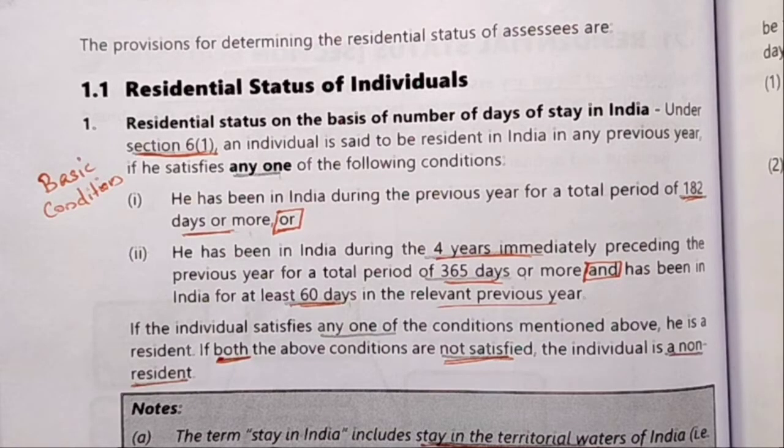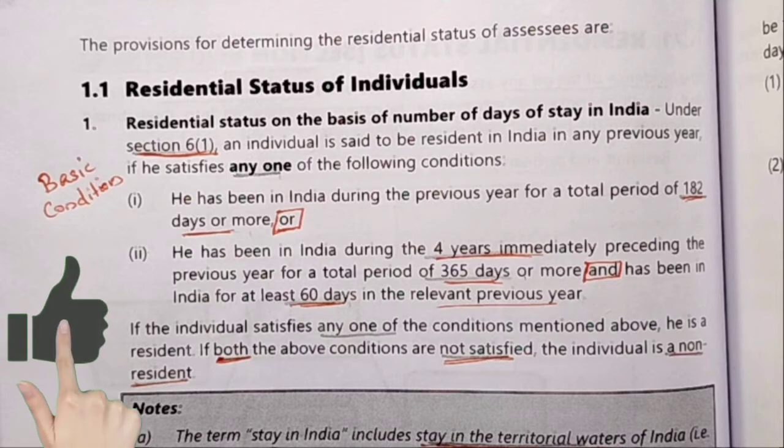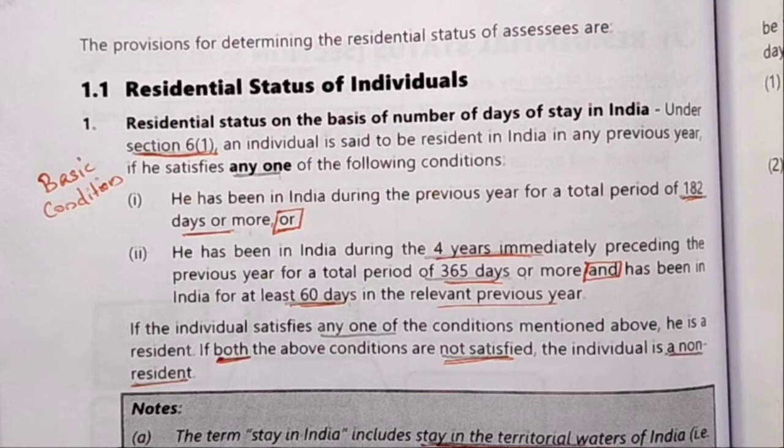There are some exceptions to this basic condition also. The exception is that only the first condition is applicable. That means that the person must stay in India for 182 days or more to become a resident. The second condition, that is, he must stay in India for 60 days or more during the relevant previous year and for a total period of 365 days during the preceding 4 previous years, is not applicable to the following